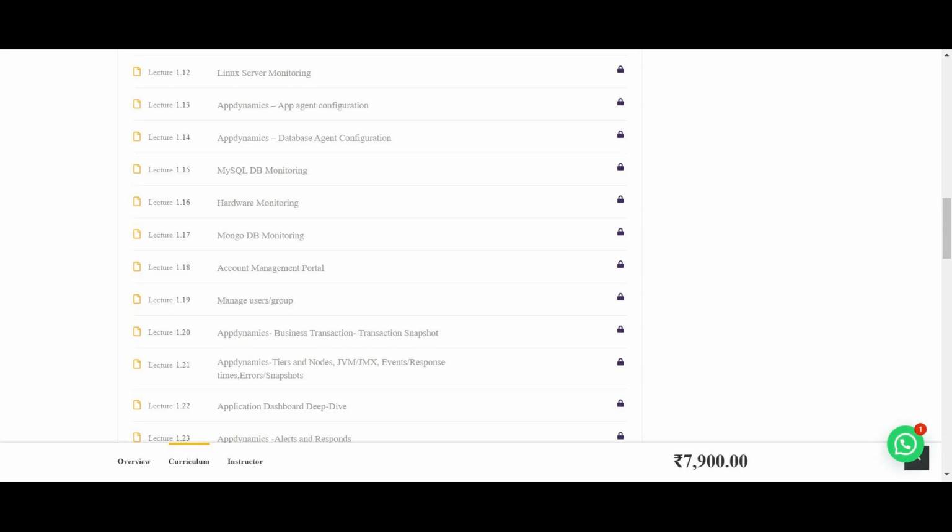So user groups are with respect to the administration area. At the same time, I'm adding some new users and inviting that user to the AppDynamics controller. So let's say in AppDynamics, when we create a SaaS-based account, you will be getting a controller link. They'll call that the controller. Each of you will be getting a unique controller through which you will be able to see the AppDynamics statistics. Let's say I have an email account like Sriram at gmail.com,